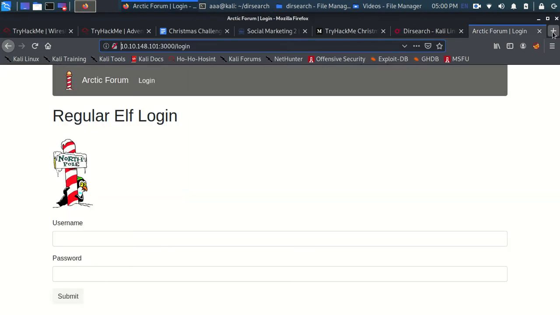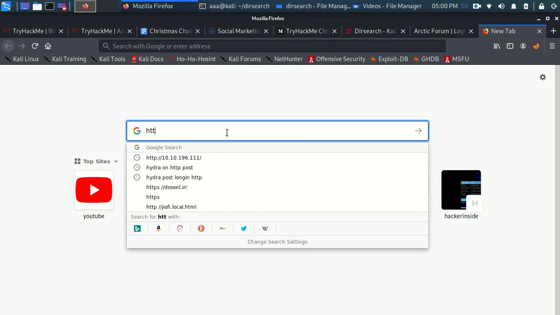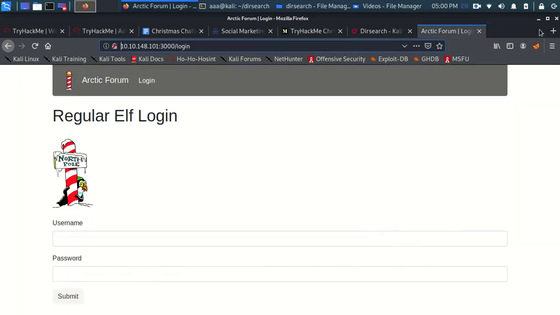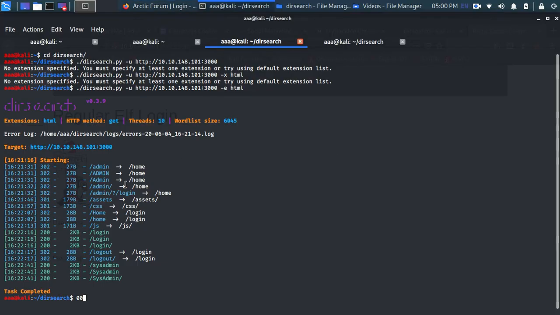I'll quickly search HTTP 302 response, and it's "Found", and I think it's a redirect. Okay, so basically it's a redirect. I'll copy the 302 redirect one. For example, I'll take CSS right now.